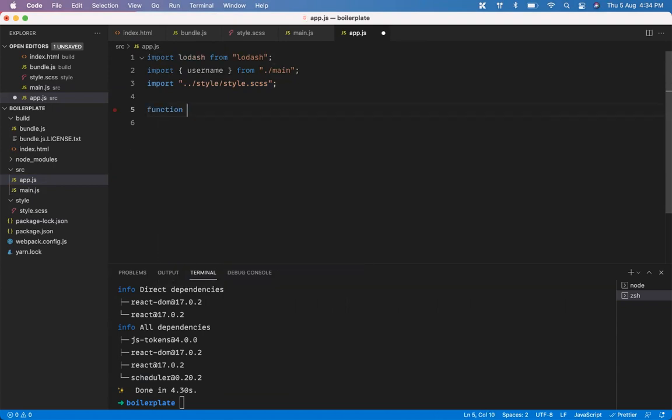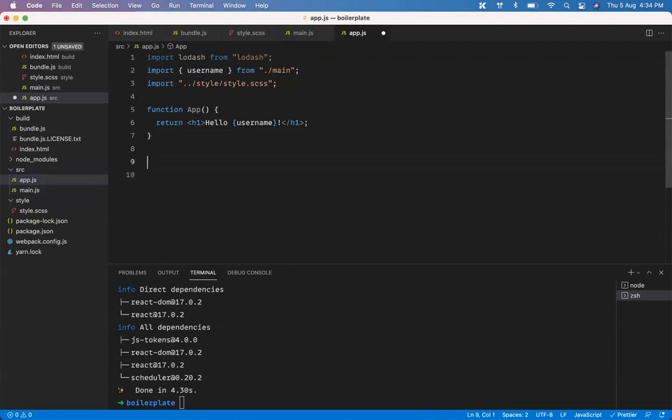I'm going to have a function called App, which is a component, and I'm just going to return an h1, hello world, hello React. And if you want to use something from outside, like a username, let's just say $ username.